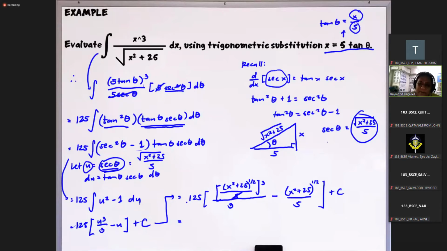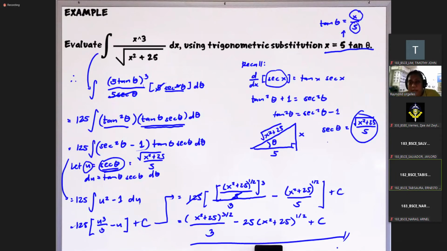So then that will cancel, no? So kaya makikita nyo dito, diba? So we have 125. Magka-cancel yung 125 dyan. So then yung matitira dito is we have x squared plus 25 raised to 3 halves. So we have x squared plus 25, so then this is raised to 3 halves. No? So then this is divided by 3. Tapos itong 125 divided by 5 dito, so again, that's equal to 25. No? So kaya this will be x squared plus 25 raised to 1 half. Okay, so this will be plus constant. So we have our final answer. So pareho lang nung kanina.